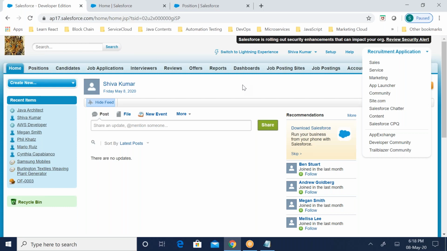Of course, developers will be there in your company, but as an admin you also need to start working on that. Some of the requirements you need to meet